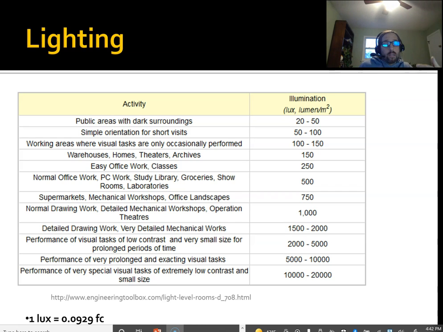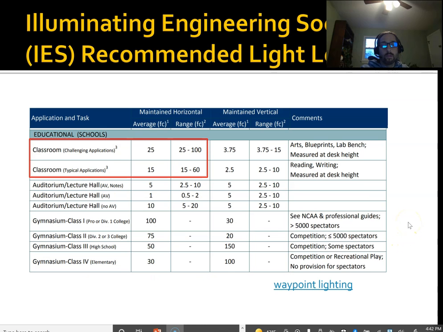So lighting levels do have a major impact on what you're doing in a building. So it's important to consider that. Also, obviously, if you have too much lighting, that means you're overusing your energy. So we want to hit that sweet spot where people have enough light and you're not overusing your lighting energy. You should jot down the IES, or Illuminating